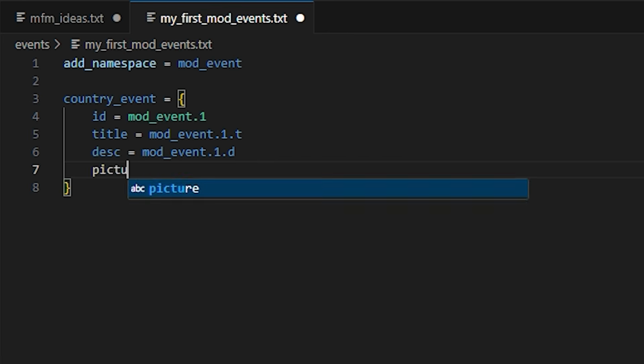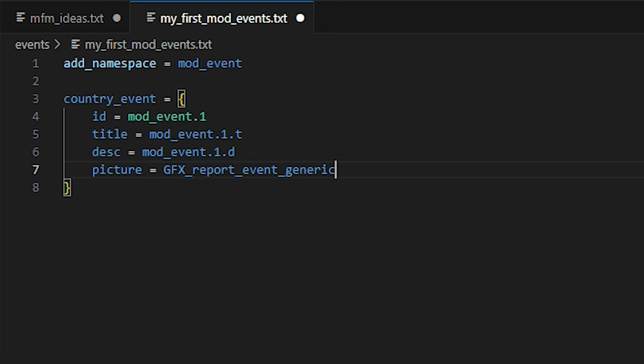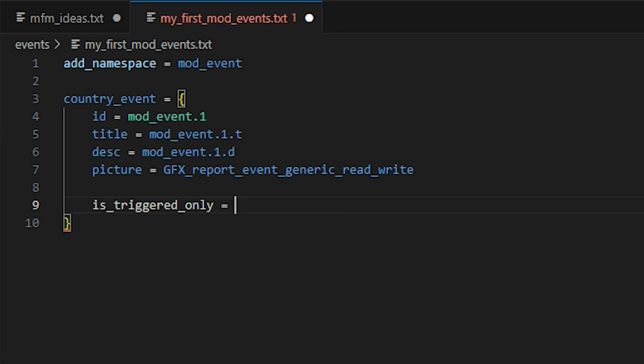For the picture, we will use the ID of an event picture as defined in the interface files. In this case, it will be gfx_report_events_generic_read_write. For the trigger, you can have either a trigger block with conditions that will trigger the event, or you can have is_triggered_only equals yes. This means that an effect will have to fire to tell the game to trigger this event